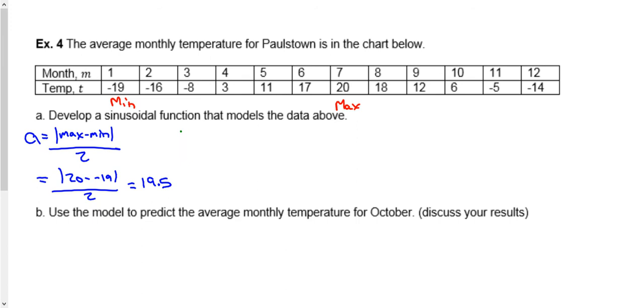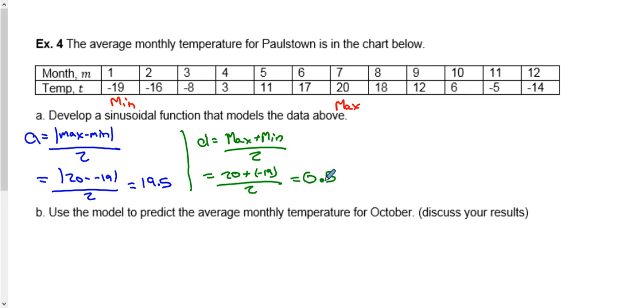My displacement is equal to your max plus your min, divided by 2, that's going to be your displacement, so that's equal to 20 plus negative 19 divided by 2,